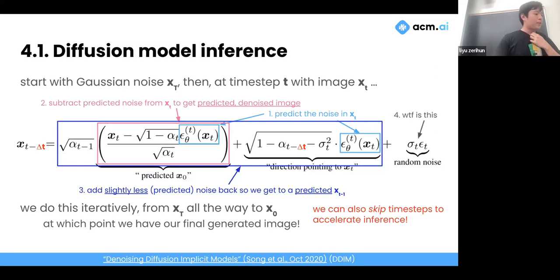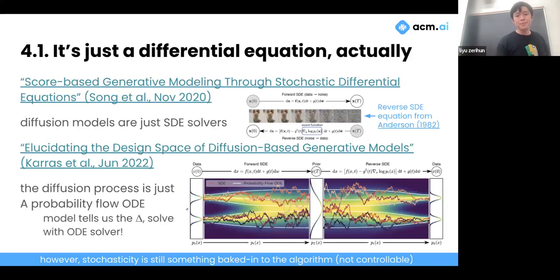And you may be wondering why. What is this? Why is it random noise? We're not really going to talk about this today. The short answer is, what people have found later is that when you inject noise into this process, it actually makes the prediction a little bit better because the model is able to explore different paths a little more. You're kind of saying, oh, model, we predicted, I don't believe you. I'm going to add in some noise myself, and you have to explore all the possible options. But again, we're going to talk about this more in detail in the reading group as well.